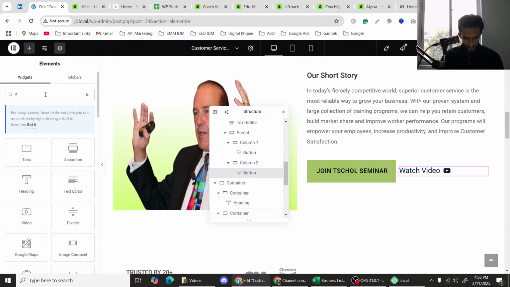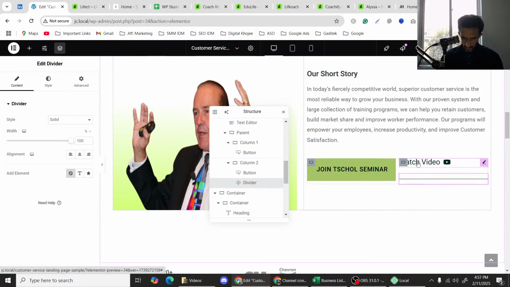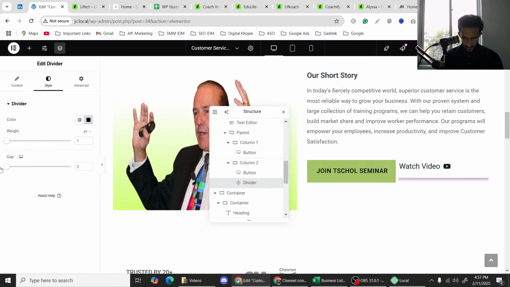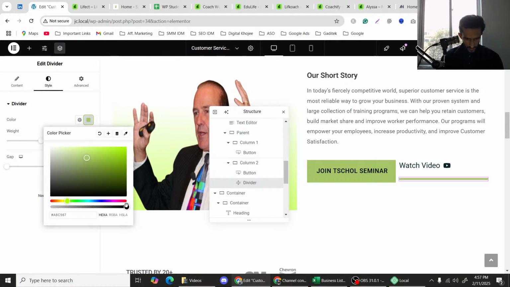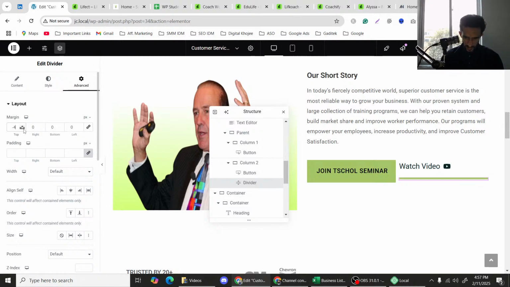तो आई पुट अ डिवाइडर डाउन हियर। ओह, डिवाइडर की वजह से ऊपर चला गया था। अच्छा, तो यहाँ पे जाके सबसे पहले तो मैं उसका गैप ज़ीरो करूँगा और उसकी जो विड्थ है वो थोड़ी सी हेल्दी, मोटी करूँगा, और फिर उसका कलर यहाँ से एसेंट कलर रखूँगा और थोड़ा सा मोटा करूँगा, और इसका कलर थोड़ा ट्रांसपेरेंट भी किया। थोड़ा सा हेल्दी कर दिया। एडवांस में गए, मार्जिन ब्रेक किया और नेगेटिव मार्जिन लगा के